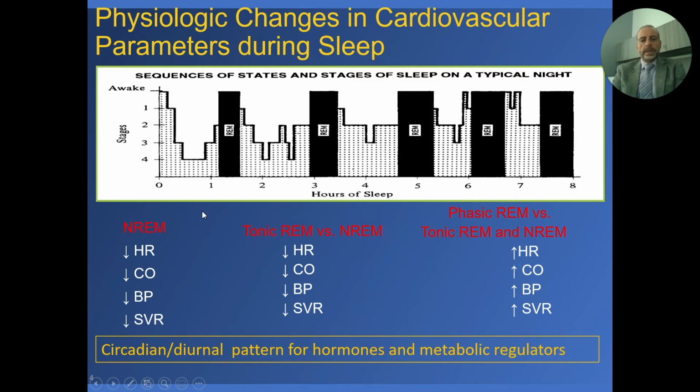All these almost pre-programmed or choreographed, if you will, transitions in sleep stages and sleep cycles are associated with important changes that occur in the cardiovascular system behind the scenes. Reduction in heart rate, cardiac output, blood pressure, and systemic vascular resistance are all pre-programmed to occur as we transition from lighter stage of sleep into deeper stage of sleep. These changes occur, and for example, the vascular resistance and cardiac output go down. This results in decreased work of contractility for the heart, decreased perfusion pressure on the level of the kidneys and